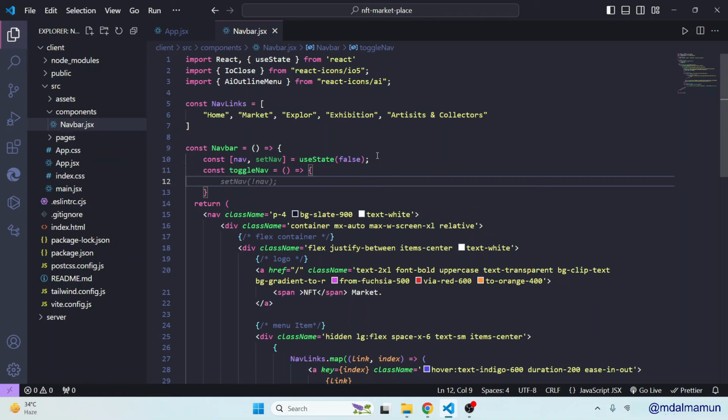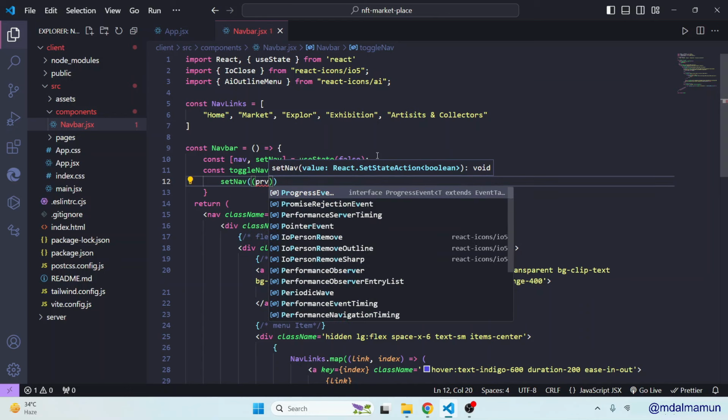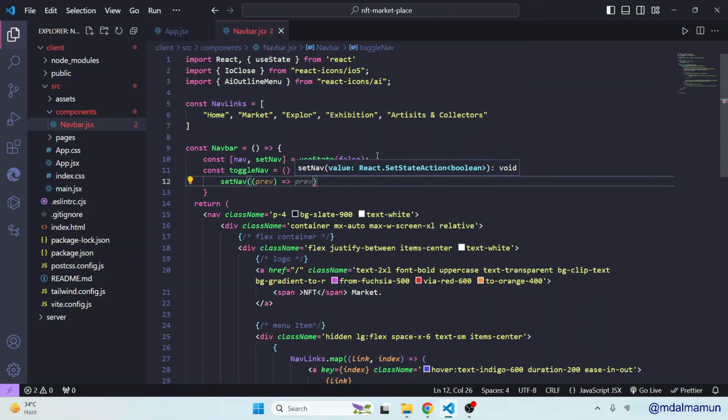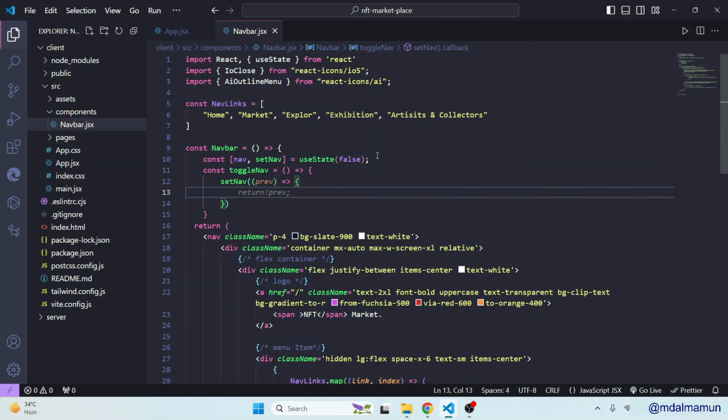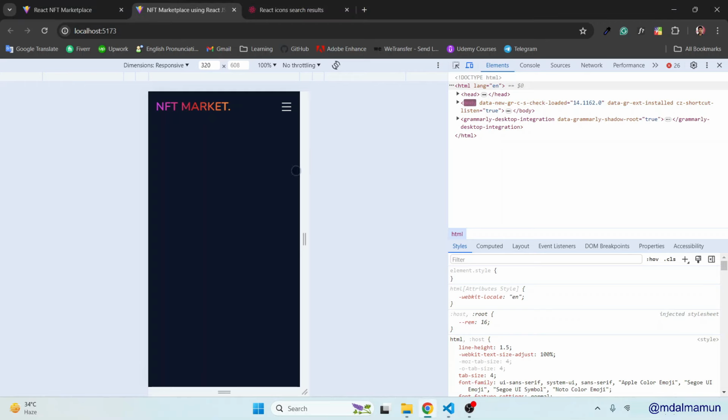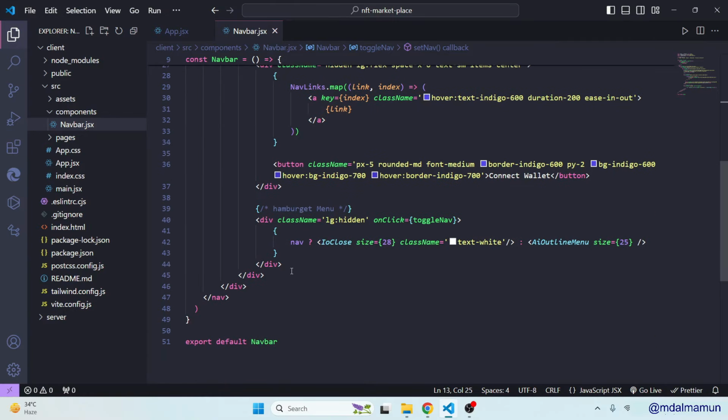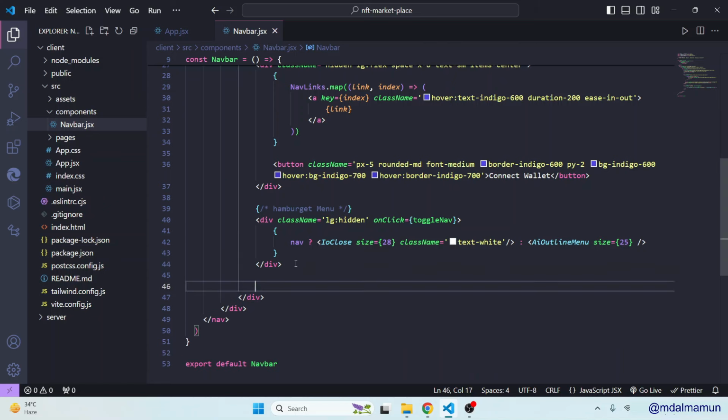We'll define setNav, and here we'll have prev, and then we'll define a return statement. So that would be something like this. Okay, so if you do this right now, if you click, you can see it's actually toggling. So if you have this toggling option, you can simply show that. So here, how do we show nav items? For this, here we can just show